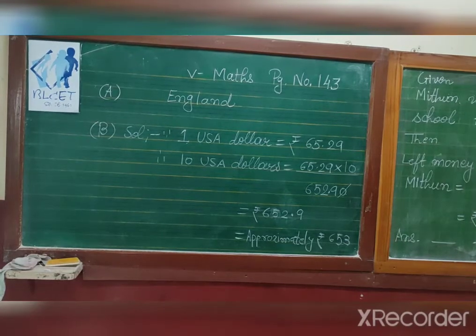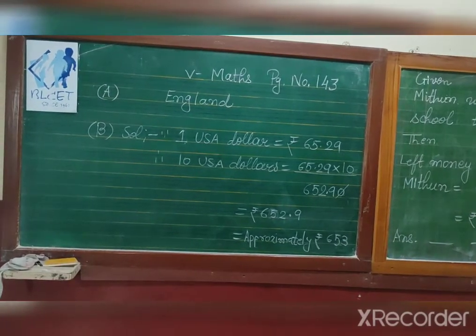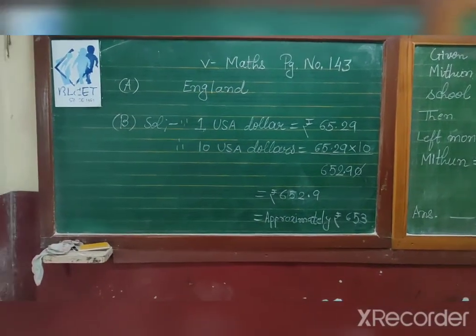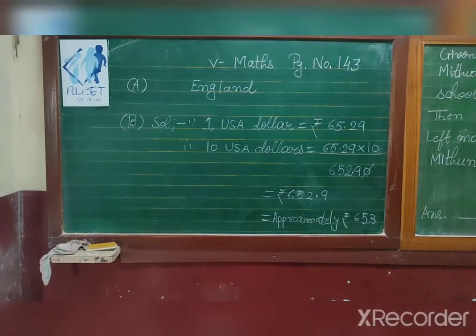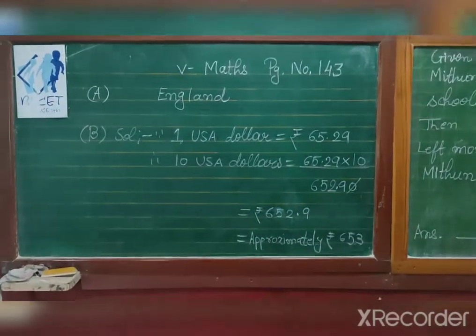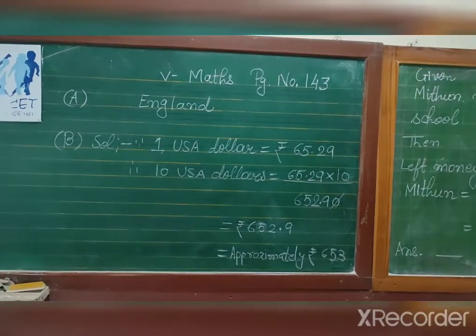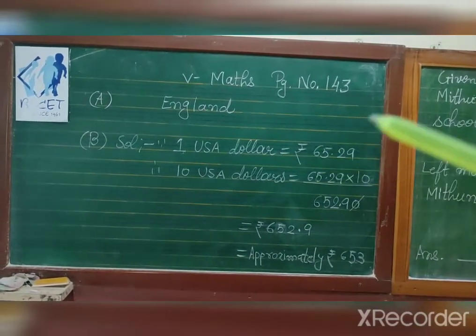Now the second sum is: Mithun's uncle in America had sent him 10 USA dollars as a gift. Mithun used 350 rupees for a school trip. How much money was left with him? So what we will do, we will change the USA dollars in rupees, and then whatever amount was used by Mithun we will subtract. So let us start. 1 USA dollar is equal to rupees